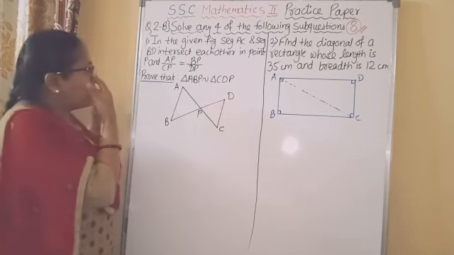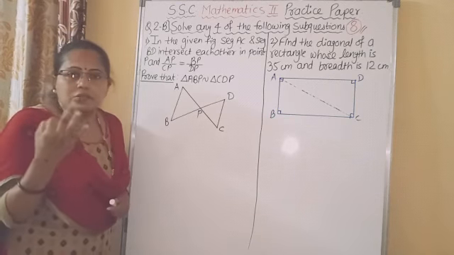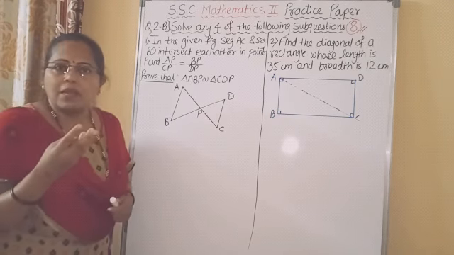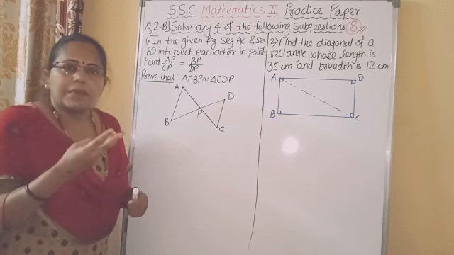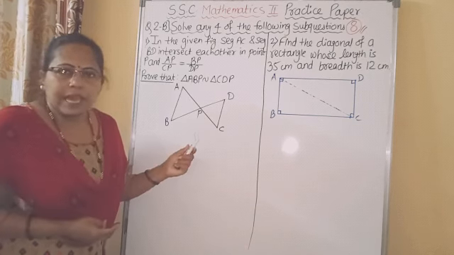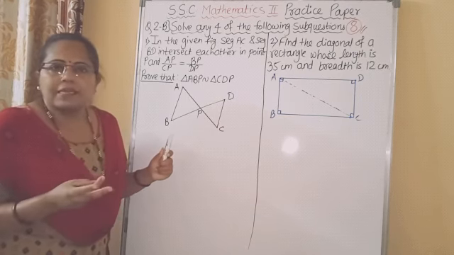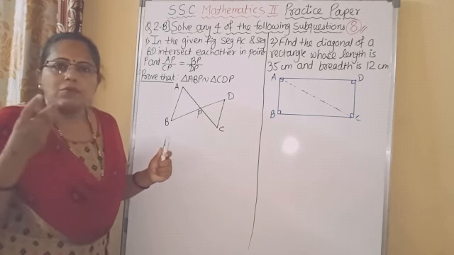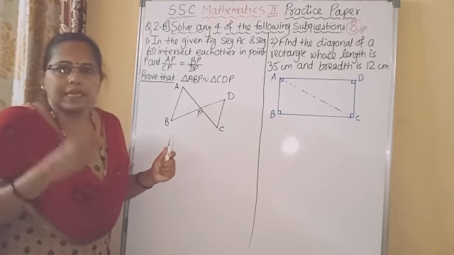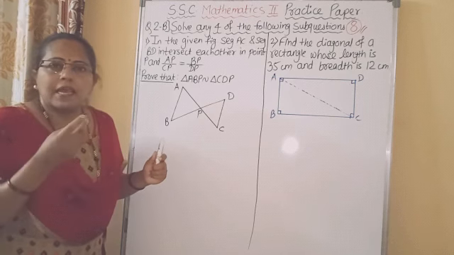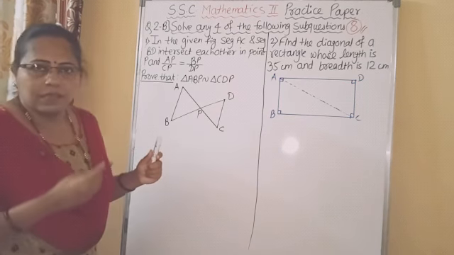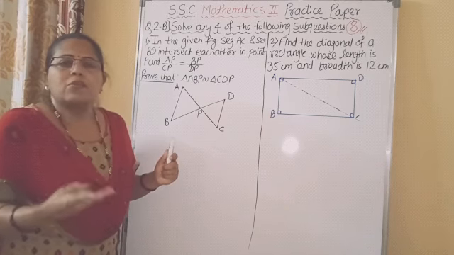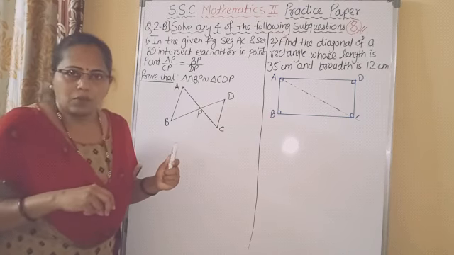Followed? So students, as we know, there are 3 tests of similarity. First is AAA or AA test, which is completely related to corresponding angles. Second test, SSS test, related to all 3 corresponding sides. And third test is SAS, means 2 sides in proportion and angle included between them is congruent.